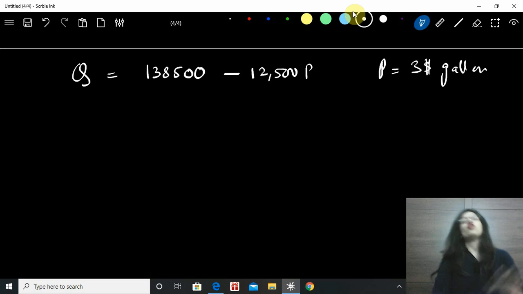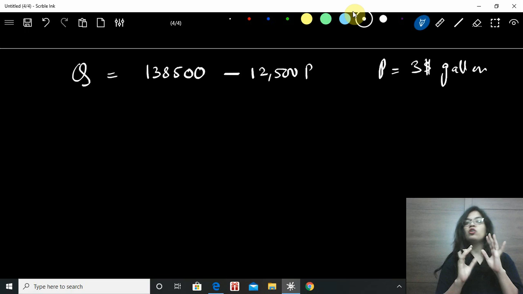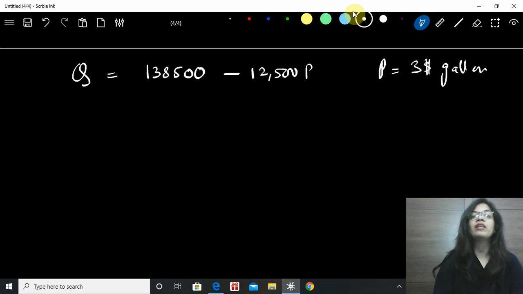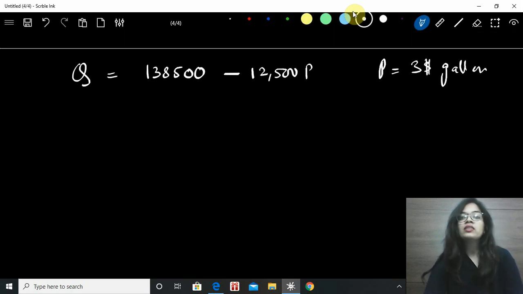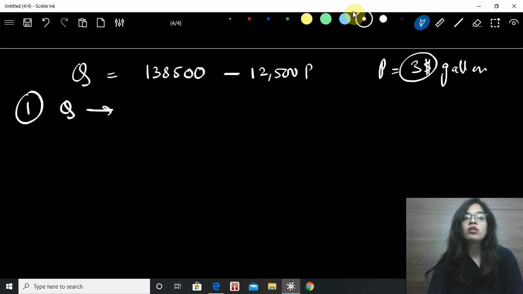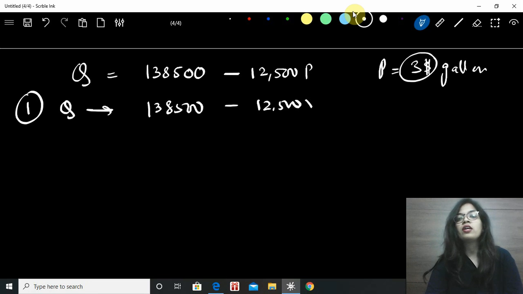Now first of all, before finding the elasticity, once I can find the slope, I can find the elasticity. It's a bit more complicated than the normal elasticity questions where they have given you original quantities and the new quantities. Now what you do is, since they have given you the price, the first step is to find out the quantity, since they have already given you the equation. So just substitute 1,38,500 less 12,500 into 3. This will give you,